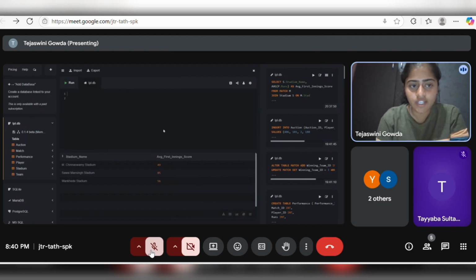Hi everyone, I am Tejaswini. I will further continue the queries. Here the question is like this: What is the average first innings score at a particular ground? I just copy paste this query,